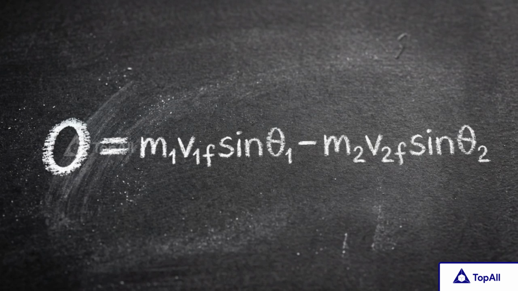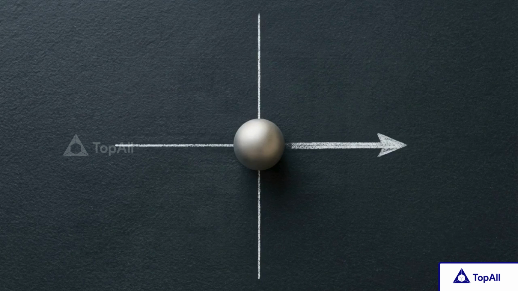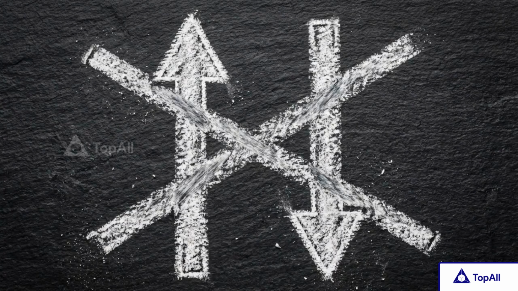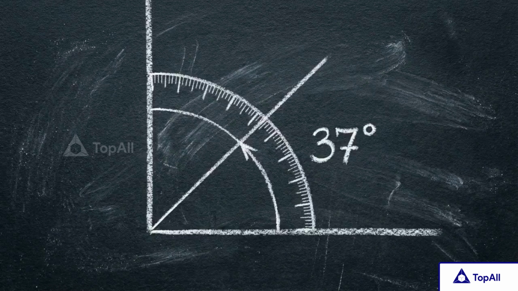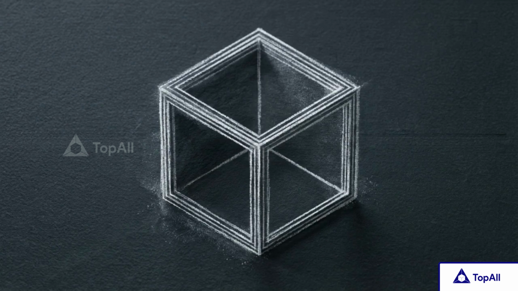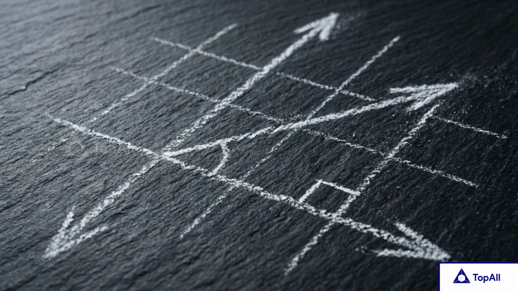Notice that the y-axis equation equals 0. Because vertical momentum did not exist before the impact, the upward and downward post-impact momenta must cancel out. Solving these equations requires knowing at least one resulting angle, usually measured by a detector or determined by the geometry of a billiard table. Adding a spatial dimension does not require new physics. It simply requires geometry to enforce the exact same rule of momentum conservation across a plane.